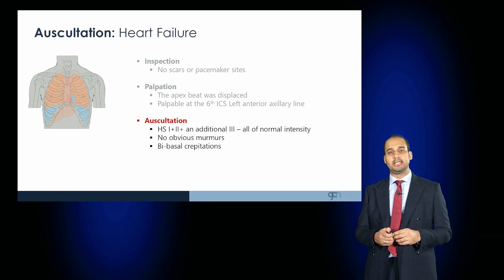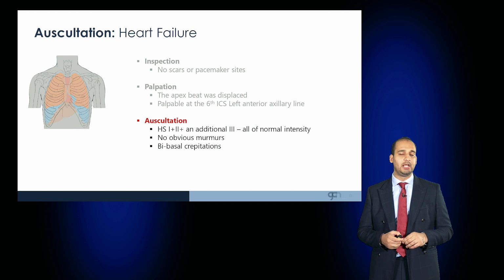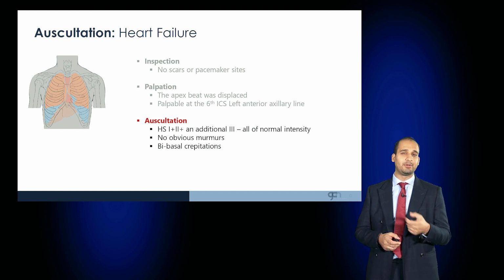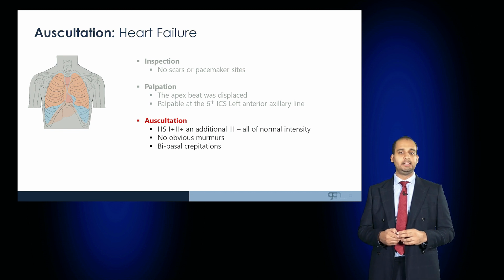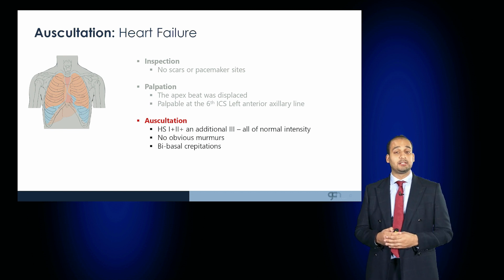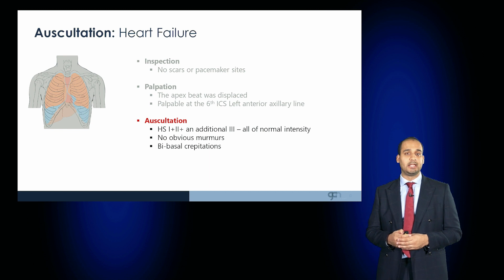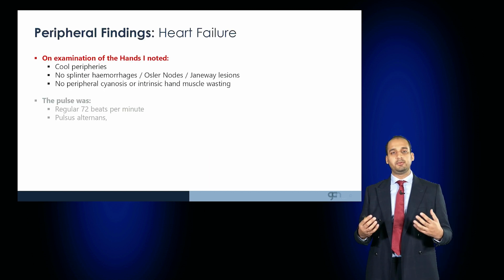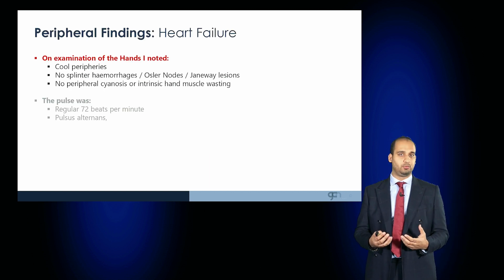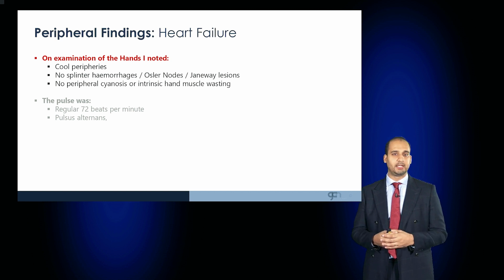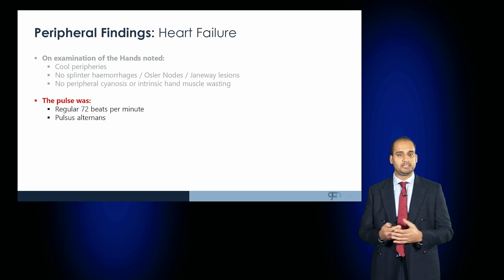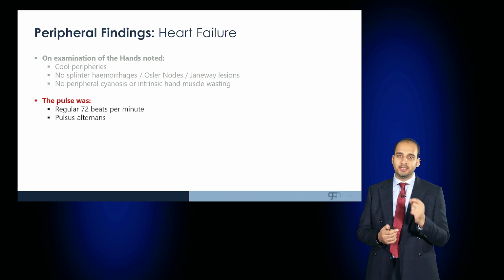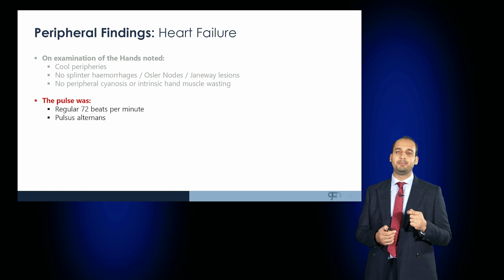When you auscultate, heart sounds 1 and 2 would be audible, but you may hear a 3rd heart sound and a 4th heart sound resulting in a gallop rhythm. You may also auscultate basal crepitations in the lungs. Peripherally, the hands may appear cool, and this is due to impaired circulation. The pulse would be regular, 72 beats per minute, for example, but you may notice that there is beat-to-beat variation